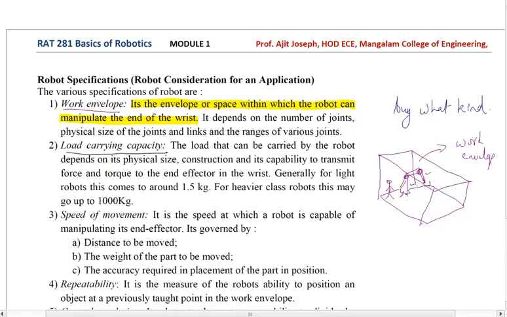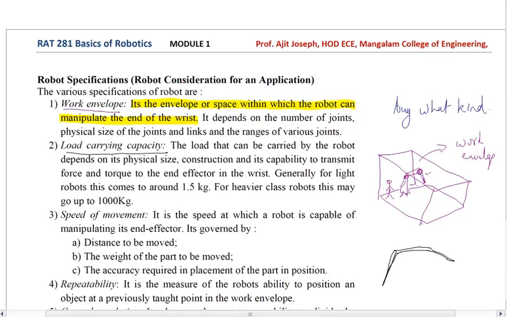So when we say that we are going to buy a robot, one of the sure things that they will ask is what is the subject on which you are trying to work, or what is the load that you are trying to handle. And it's not a very simple thing, because as the length of the robot increases, it is actually difficult to place a very high load here. It's very difficult because it's having this much of